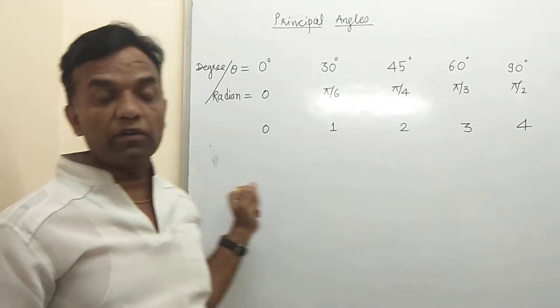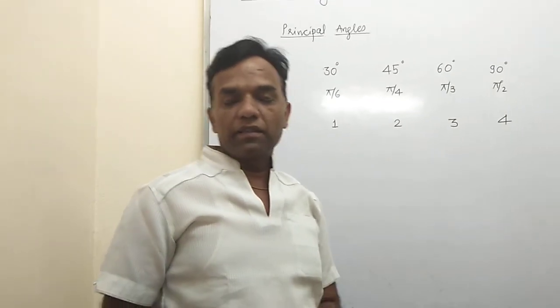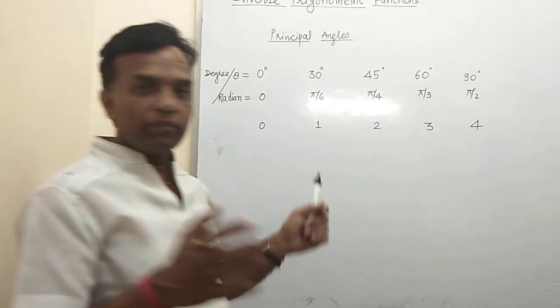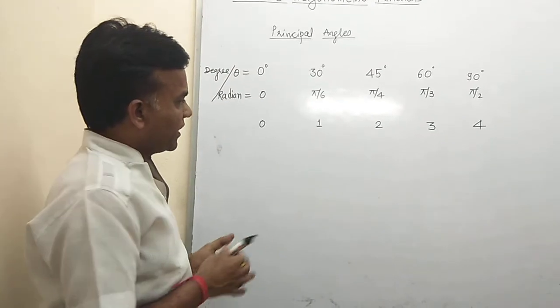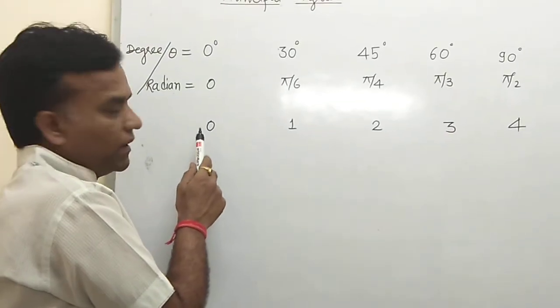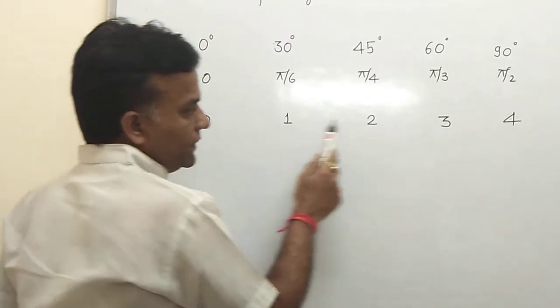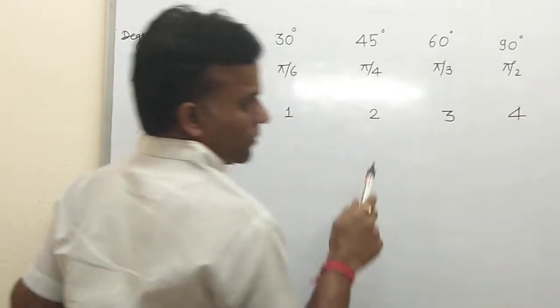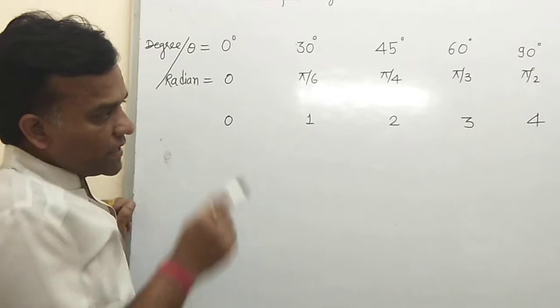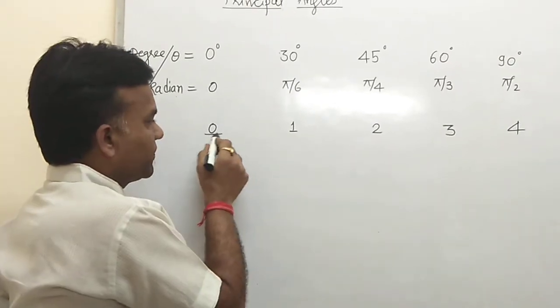Okay, so this is also not for you to learn the values by rote, like sin 30 equal to 1 by 2 and so on. So you form the values. Like first you write down, you start from the 0 degree, so you start from the number 0. Okay, so 0, 1, 2, 3 and 4, because here we have consecutive numbers you write down. Okay, these all 4 numbers you divide by 4.